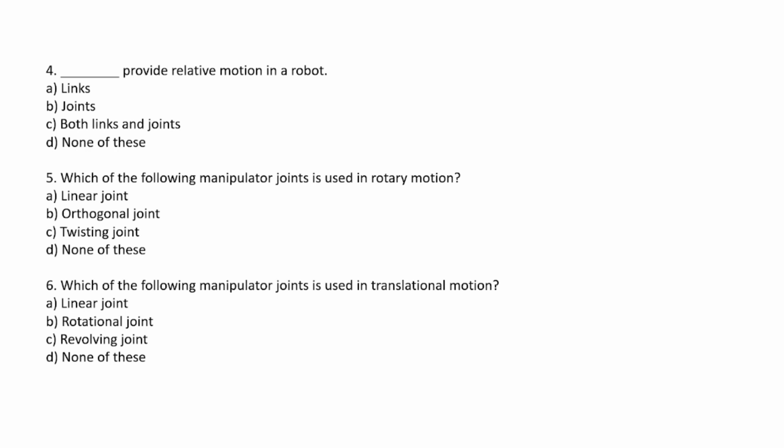That is also called type L. Then orthogonal joints, that's type O. And then rotary motion: rotational joints, twisting joints, revolving joints. Basically, a linear joint, if we explain, is like that. If we draw it here,